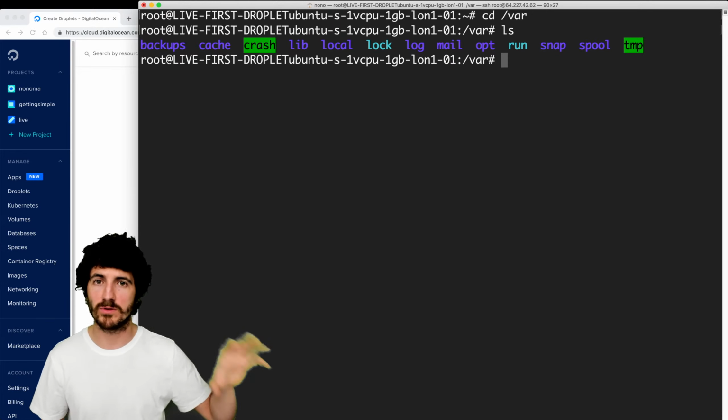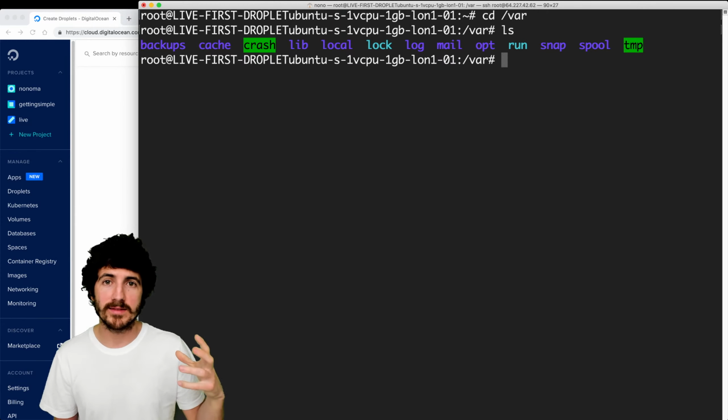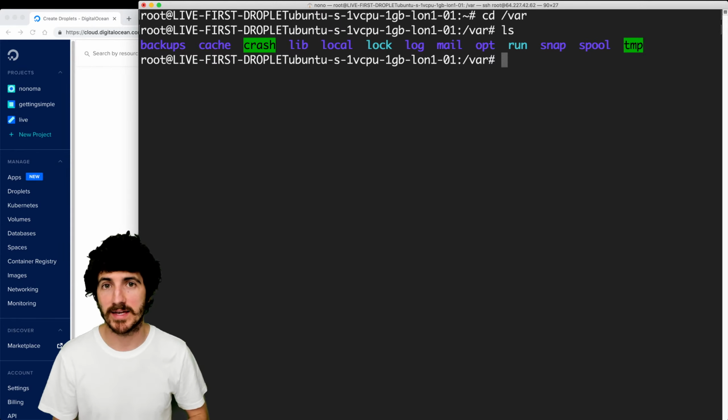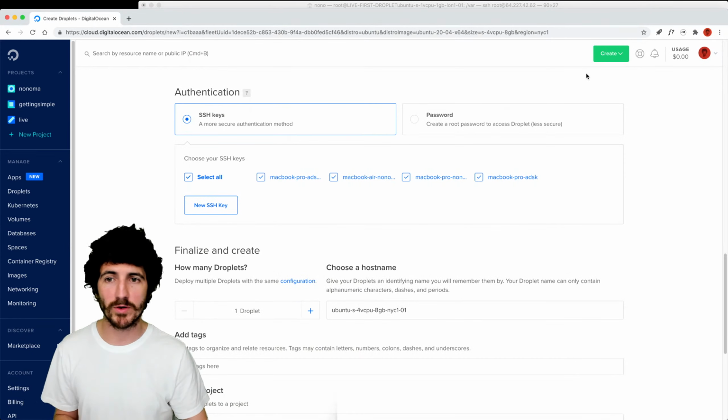And there are two ways to do this. You get a fresh install of Ubuntu, in this case 20.04, or you get droplets that already have pre-installed things. And this is really convenient. This is what we're going to see right now. But everything you have to understand right now is that you go here, create a droplet, customize it, create it,